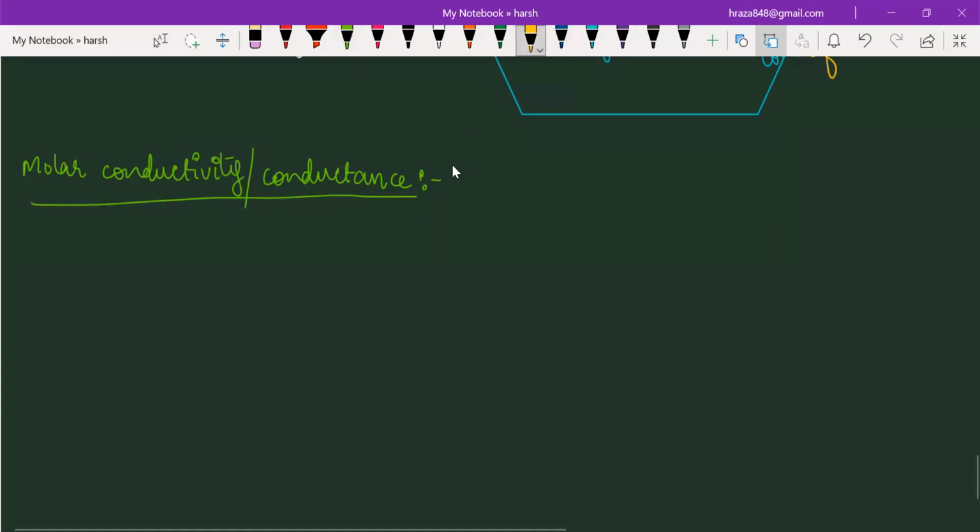You are already aware of molarity from the solution chapter. It is denoted by lambda m, or sometimes in some books by mu. So first of all, I'm going to write about it. It is defined as